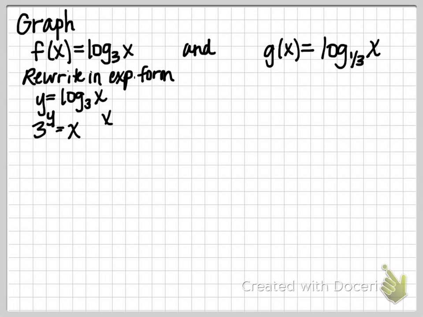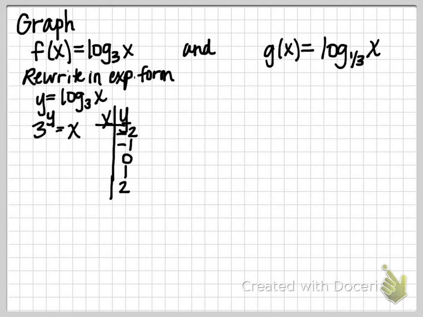If we're looking to generate the graph by making a table of values, it's usually easier to generate the graph from the form 3 to the y is equal to x. Now notice where x and y are. Because y is in the exponent, it would make sense to go ahead and fill the y side of our table with values from -2 to 2, because it's going to be easier for us to input an exponent and